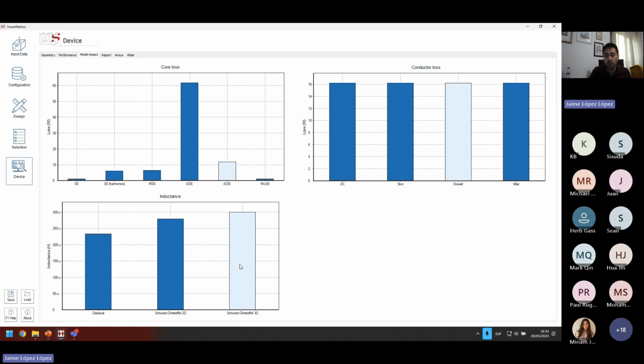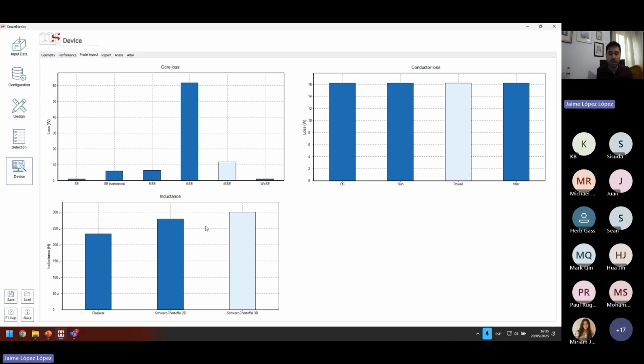We can see the same, for example, in inductance. We have selected a model that takes into account the fringing flux around the gap in the 3D dimensions. And as you can see, if we hadn't done that, if we had used a classical approximation without fringing flux, we would have gotten a very different inductance calculation, almost 80 microns less. And in here, you can see the middle point, which is the approximation using only 2 dimensions, that is already providing a lower inductance.